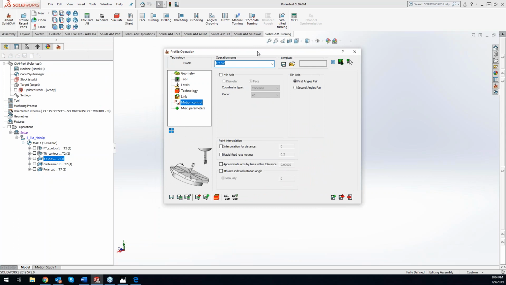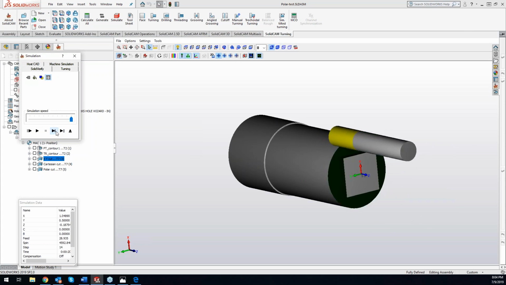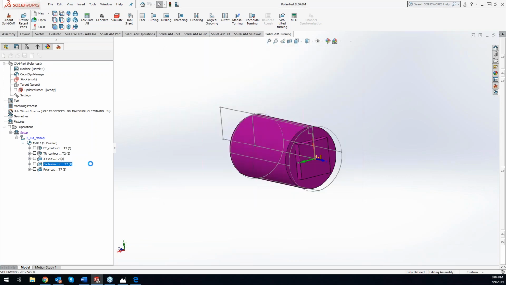For this one right here, we're not doing any fourth axis stuff at all. If we simulate this, and I'll just single step it through, we're just machining off the front face to do that square with the tool pointed in the Z negative direction. You'll see that it does that square. We have nothing selected right here, but what happens is there is not enough Y or X travel for the mill turn machines. So if I hop over to our Cartesian cut right here,